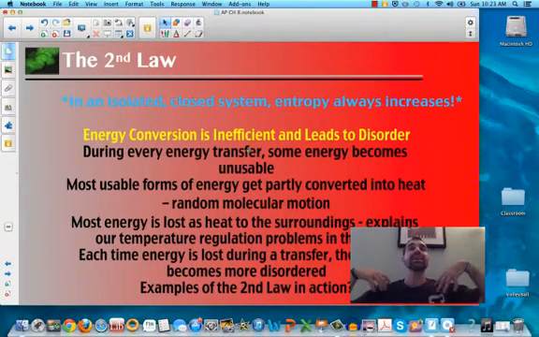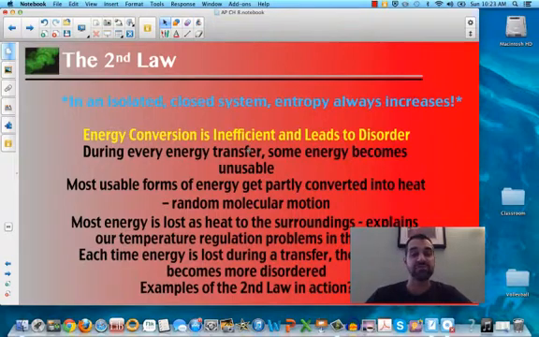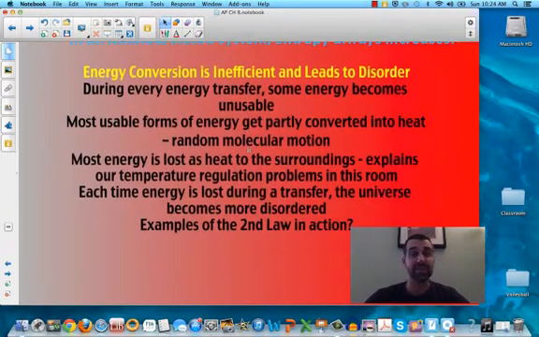But of course, no matter what, there's going to be a day where you run into your room, you throw something on the ground, you grab something else, you didn't make your bed, disorder happens. Disorder is the way of the universe. No matter what, because energy transfers and transformations are not 100% efficient, the second law states that disorder in the universe will always increase.